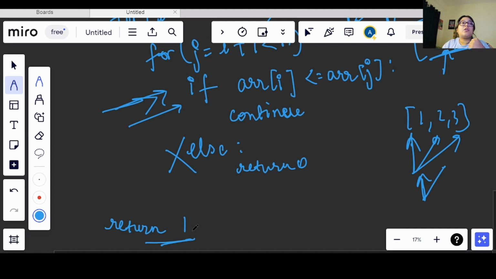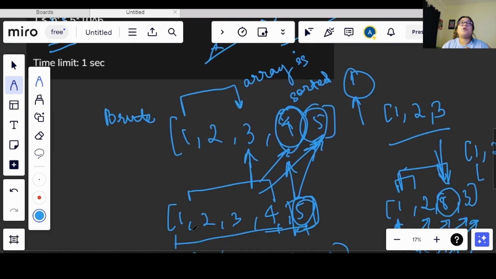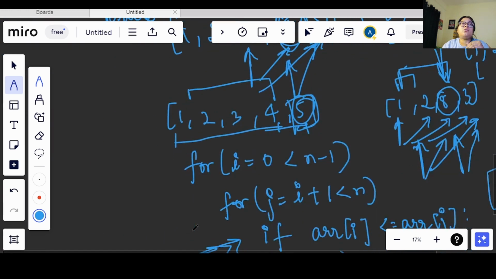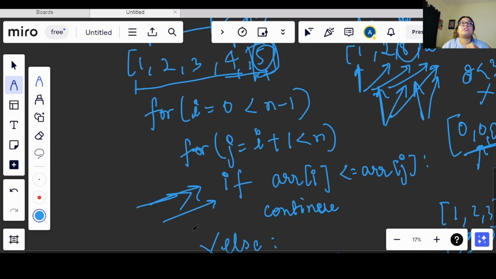Okay, so this is our brute force approach, right? So what we are doing here, we are taking 2 loops and we are checking each and every condition. So in such a condition, here we are having 1 loop, and for every iteration I am iterating again n times, right? Let's say even n minus 1, but we are kind of iterating n times.